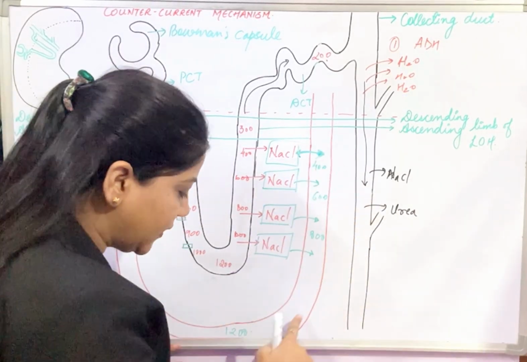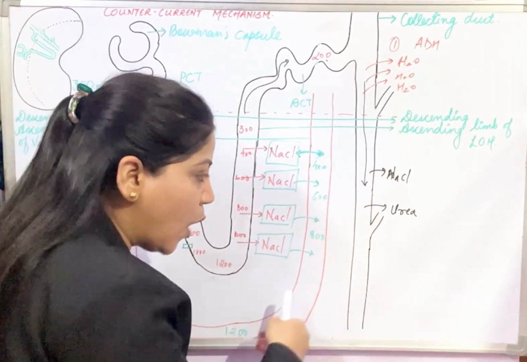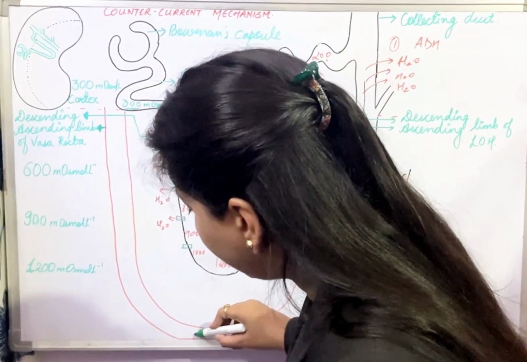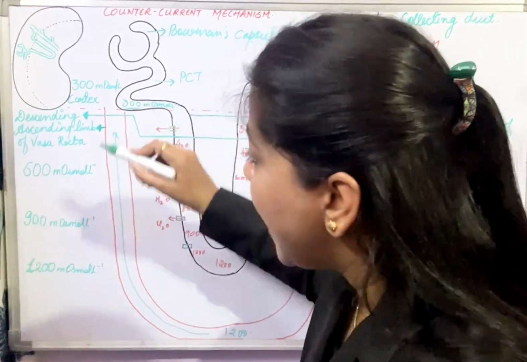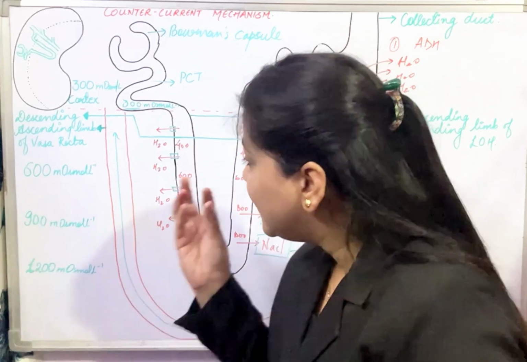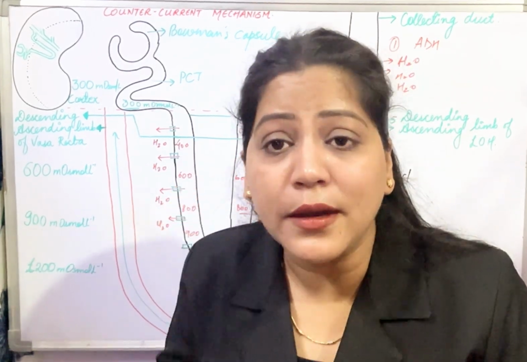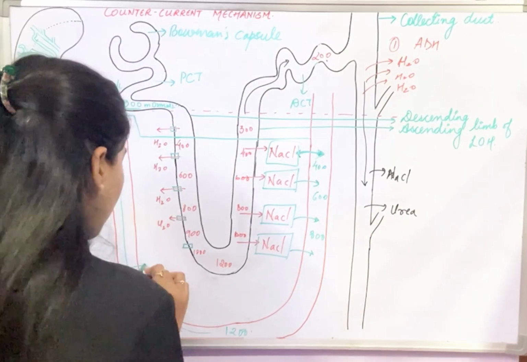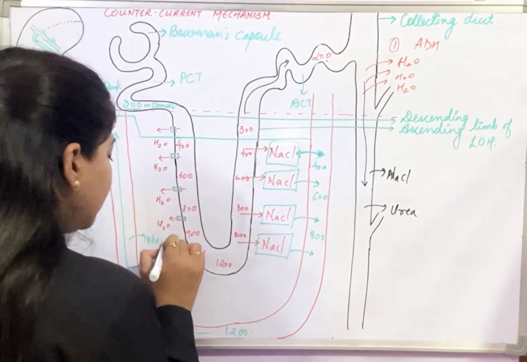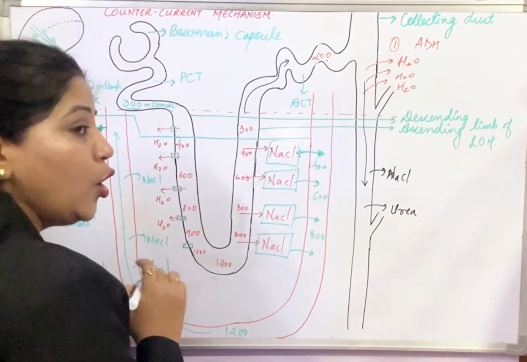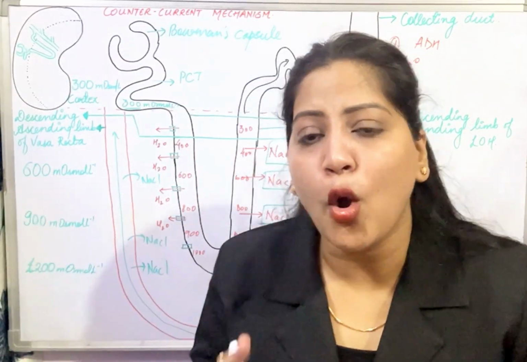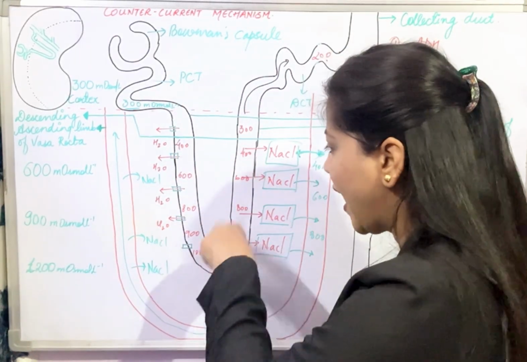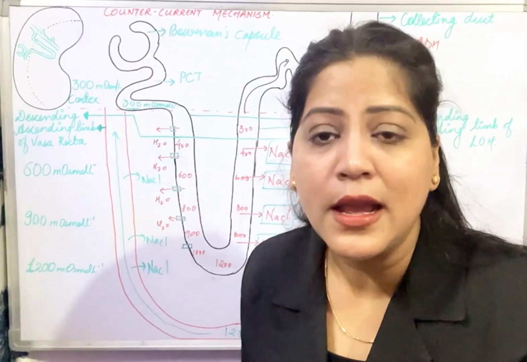The concentration in the vasa recta is increasing as the blood is moving down into the descending limb of the vasa recta. Now, when this blood is flowing upward into the ascending limb of vasa recta, what happens? This NaCl again is dumped into the interstitial fluid here, right? NaCl is dumped again into the interstitium fluid from the ascending limb of vasa recta. So you can see the exchange of NaCl is happening between loop of Henle and vasa recta,